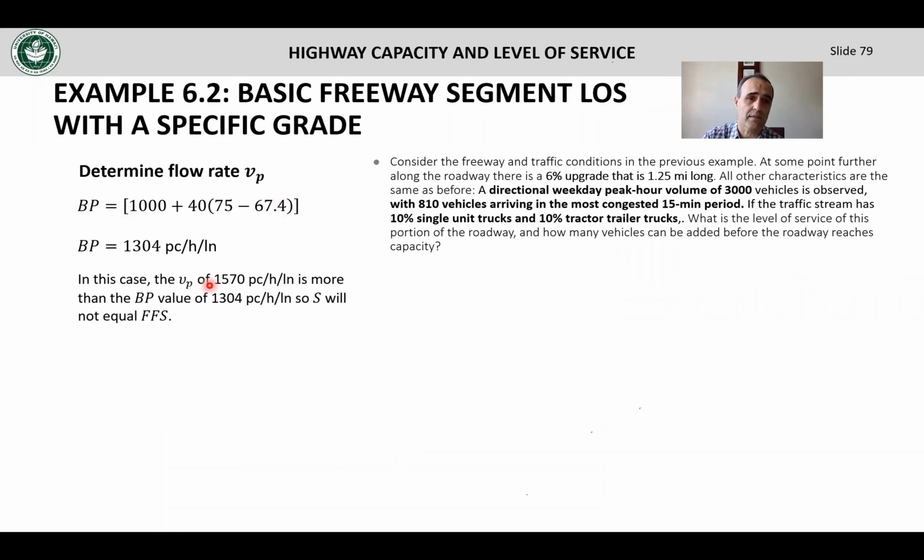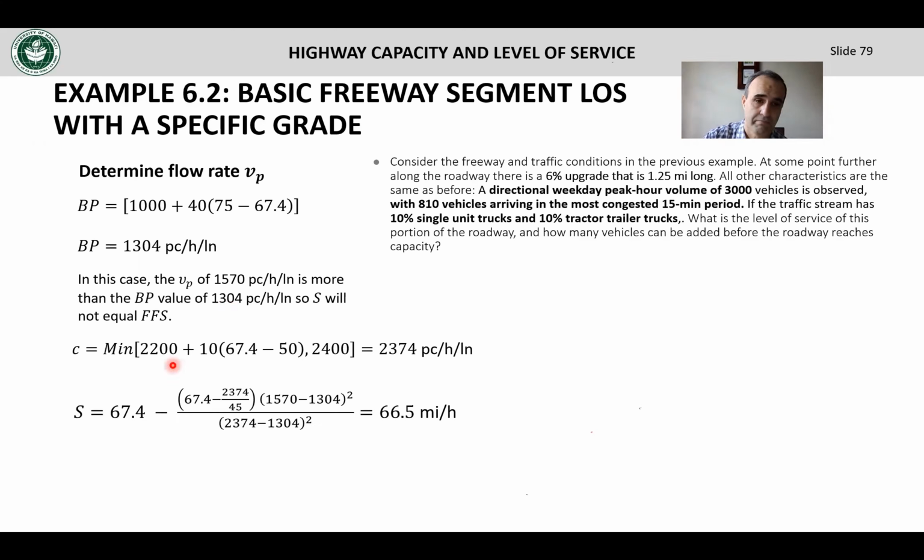And in this case, our flow rate is higher than the breakpoint. Now, to answer the question, I don't remember who asked, but the question was, what if our flow rate falls in the bending portion of the curve? If that's the case, we need to compute the capacity,